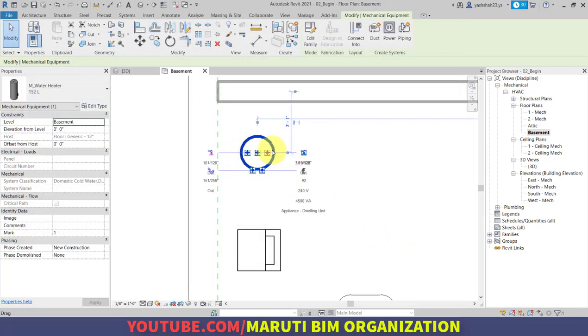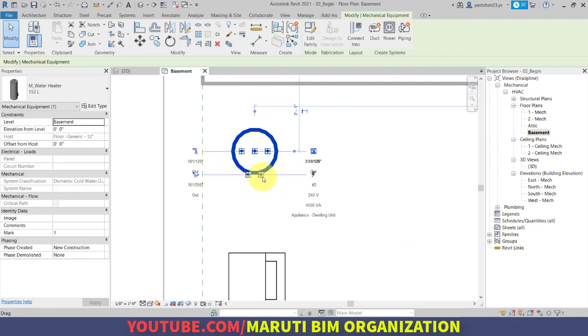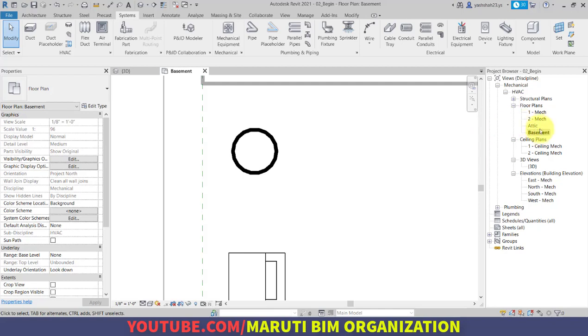As you select the water heater, these are the connection points. These points are very useful in order to get the proper connection. Right now let me keep the water heater like this, but in future its position, rotation and orientation will definitely be changed.